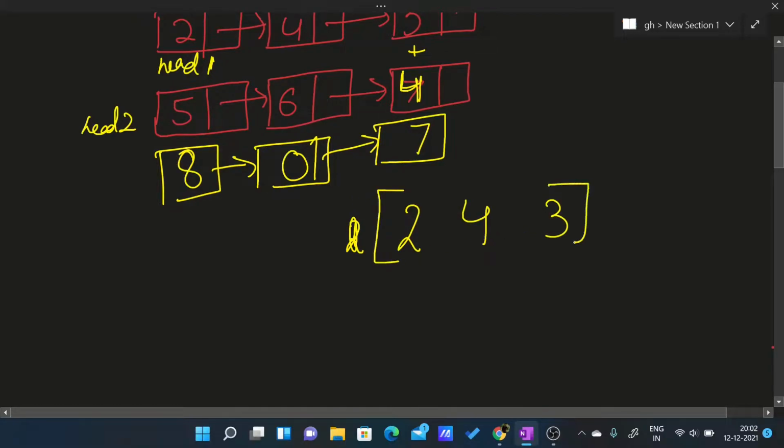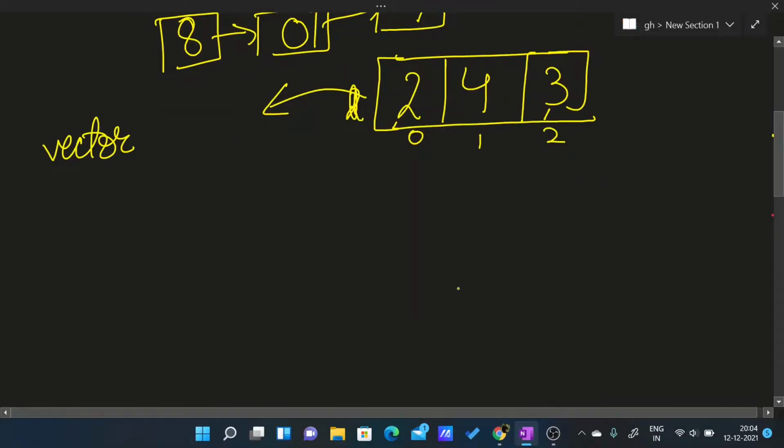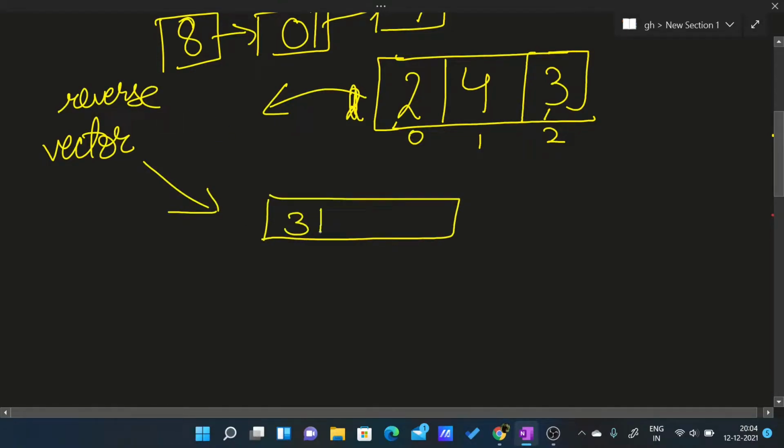Suppose I have stored all these elements in a vector. After that, we will reverse this vector and it will become 3, 4 and 2 with index 0, 1 and 2.